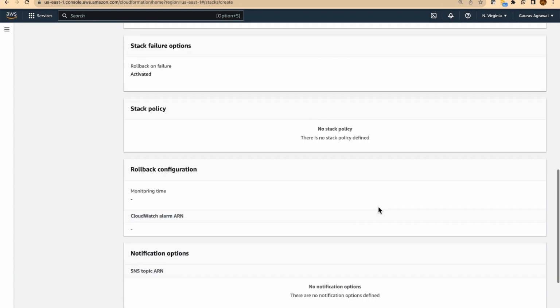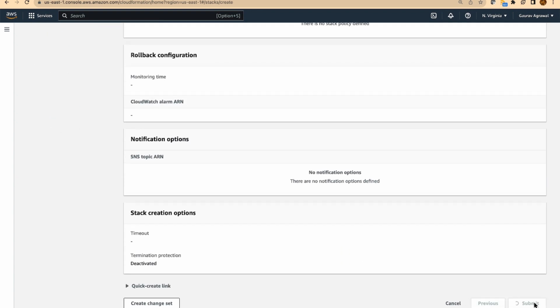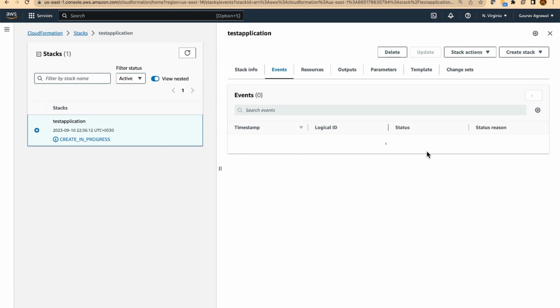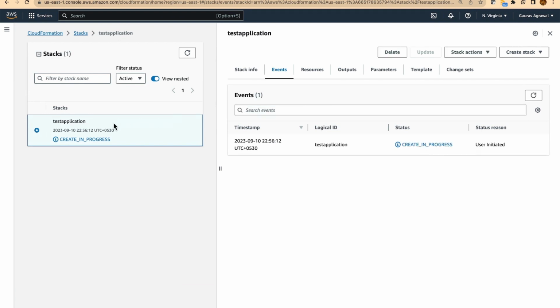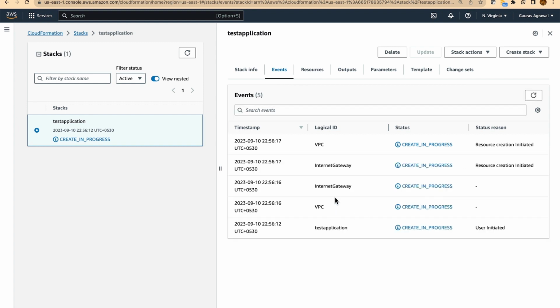Go ahead and deploy this, submit this particular template. Now you will see on your left hand side that there is a stack being created, a stack of resources. And if you go into the events section and refresh this, then you will see the events for resources